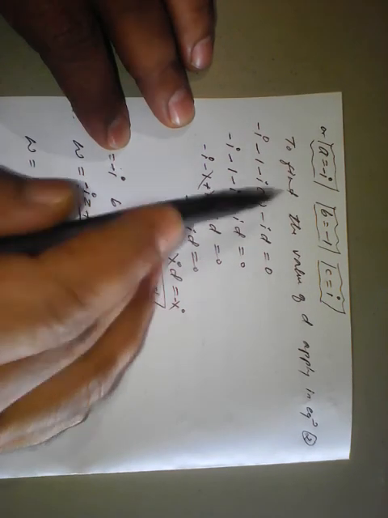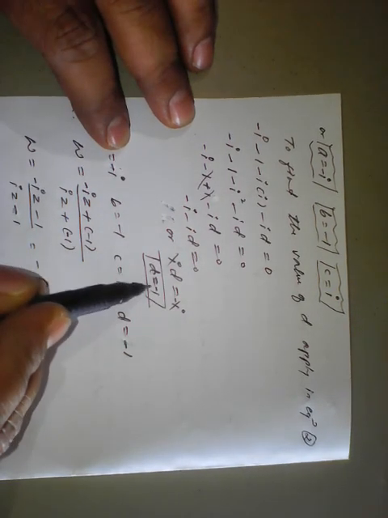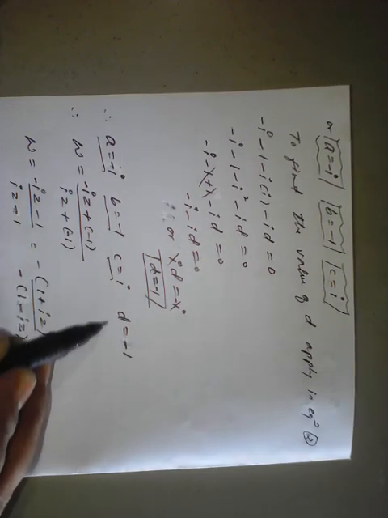Therefore, to find the value of D, you apply these values in any of the equations. I have applied them in equation number 2. On simplification, you replace the values of A, B, C, and you will get the value of D as minus 1. So finally we got A as minus i, B as minus 1, C as i, and D as minus 1. Apply these values in equation number 1. So W is equal to this complete expression. On simplifying, we finally get the bilinear transformation of the given Z value to W value as W equals 1 plus iZ divided by 1 minus iZ.